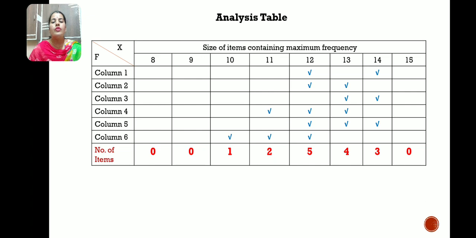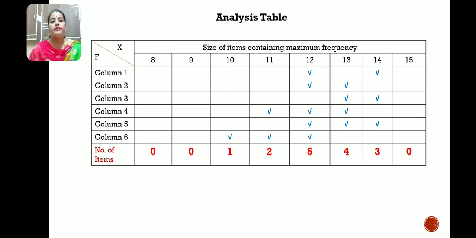Okay, so x you will write 8, 9, 10, 11, 12, 13, 14, 15, the sizes of the items containing maximum frequencies, and f columns 1, 2, 3, 4, 5, 6. Okay, now if you see in the first column of frequency, I have marked 12 and 14 because there we had 9 and 9 in front of 12 and 14.